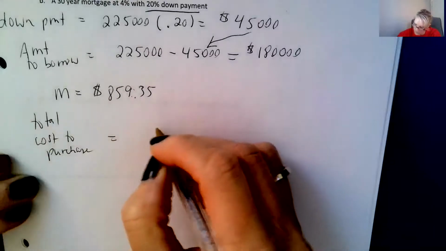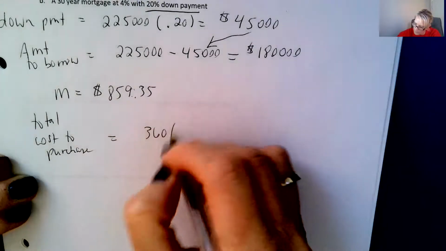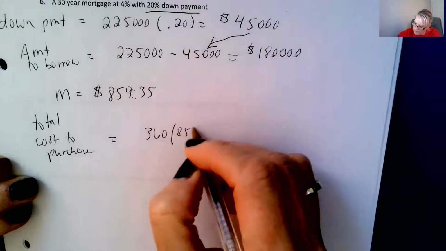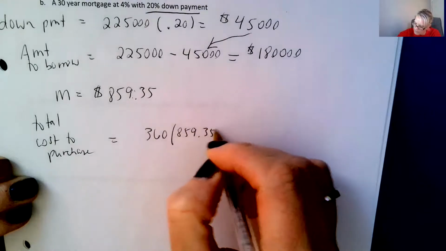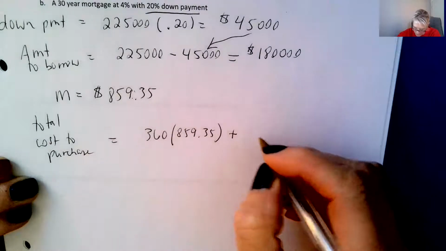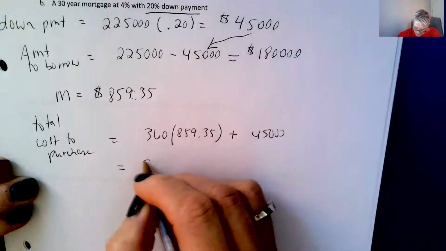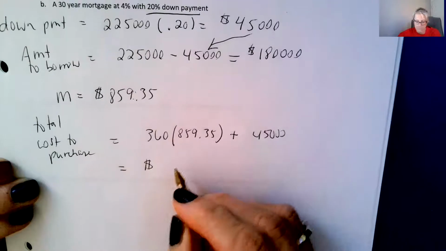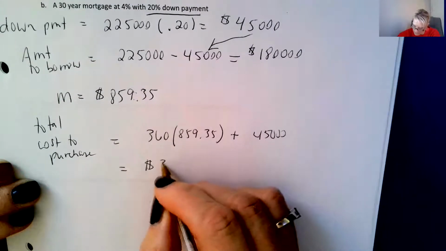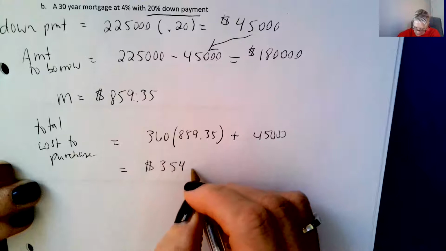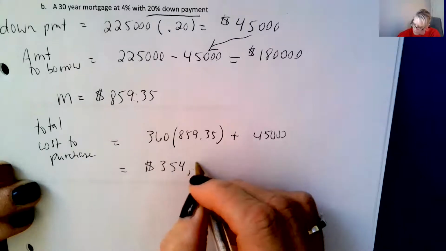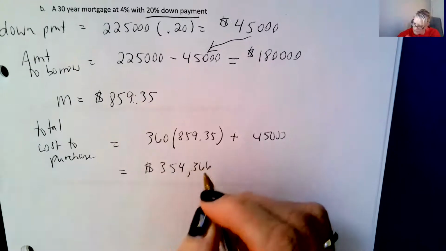We have our 360 payments of $859.35 plus my down payment of 45,000. So it looks like my overall cost for the second one is $354,366,